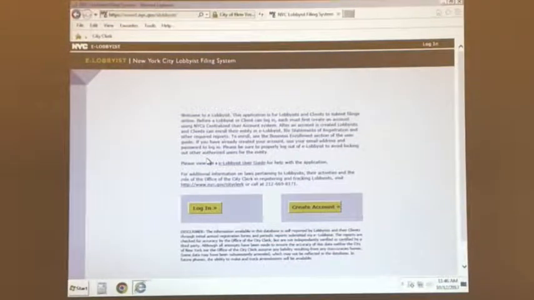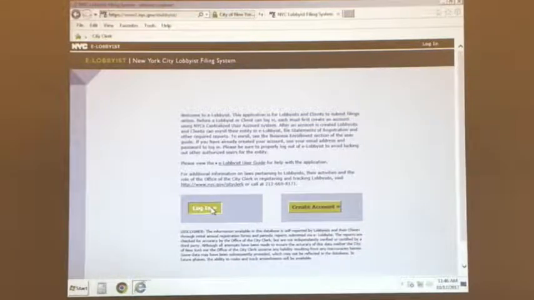Second thing, you can only have one window open at a time. If you try to have more than one window open, you're going to contaminate and commingle your reports, and we're going to have to deactivate them, and you have to do them over. So please, please do not do that. People try all the time, and it just ends up causing you more of a headache later. So those are our top two tech issues: people who are not using Internet Explorer and people who have more than one window open at the same time. So just keep that in mind.